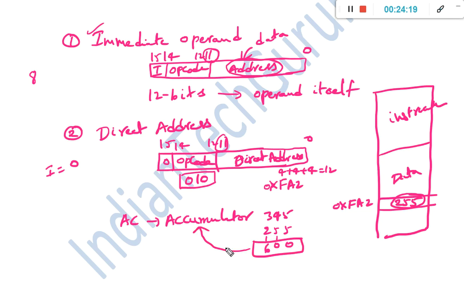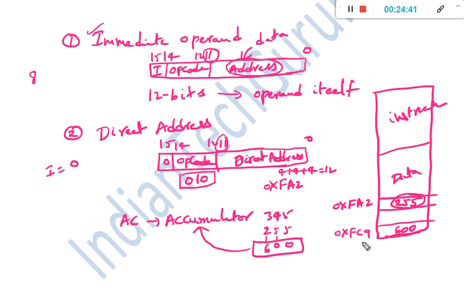Okay. So after storing in the accumulator, we may transfer this particular result once again to a particular memory location. Okay. For example, 0xFC9. So I am going to store this 600 here. So like this, the operation is performed.